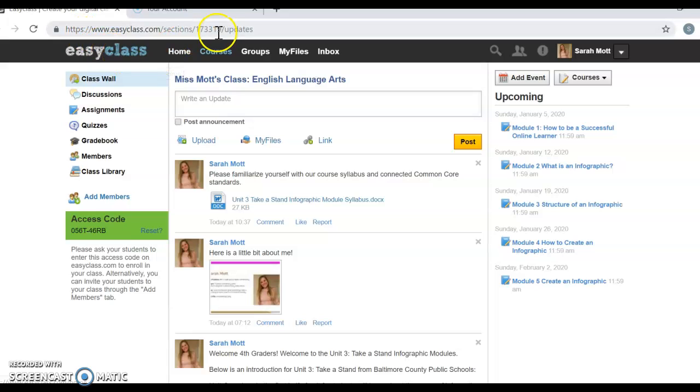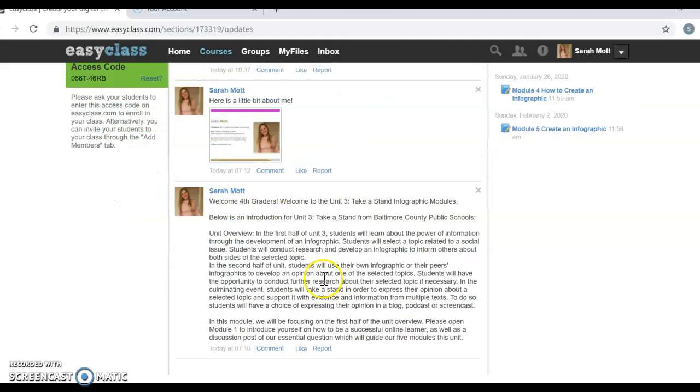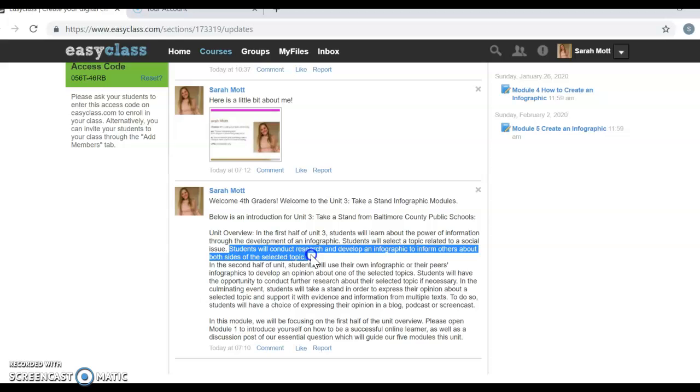I used EasyClass and I catered it toward fourth graders in Baltimore County Public Schools, and I chose the English Language Arts Unit 3. It's called Take a Stand. I focused on the first half of the unit. So just to give you a little background of this unit, I provided the overview. So basically, students will conduct research and develop an infographic to inform others about both sides of a social issue